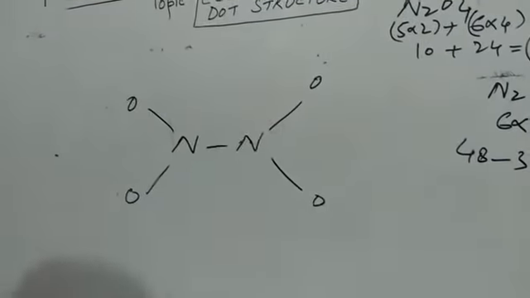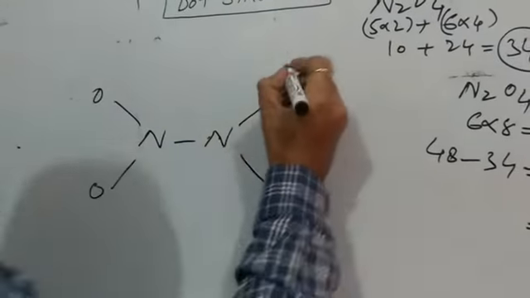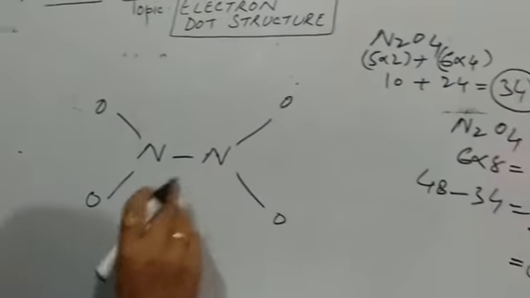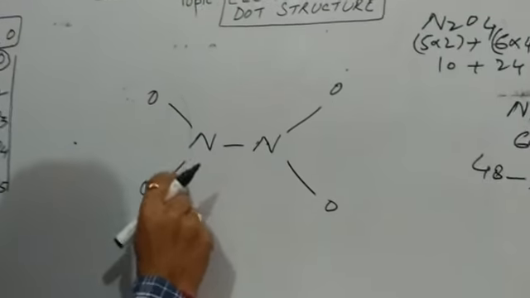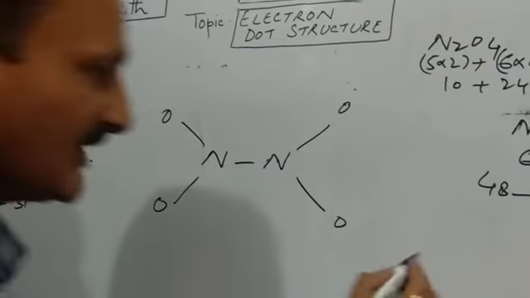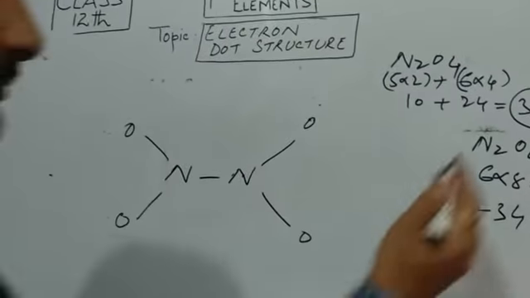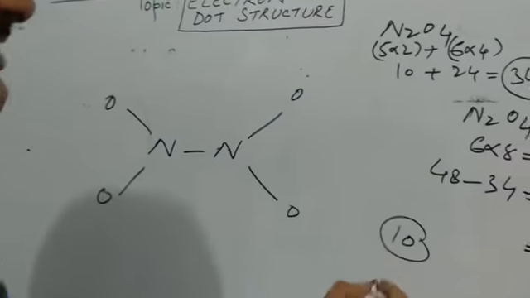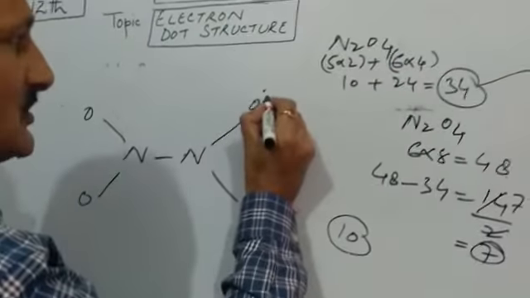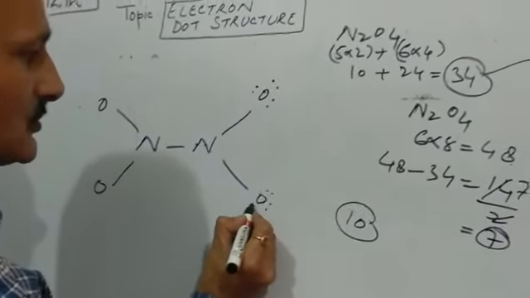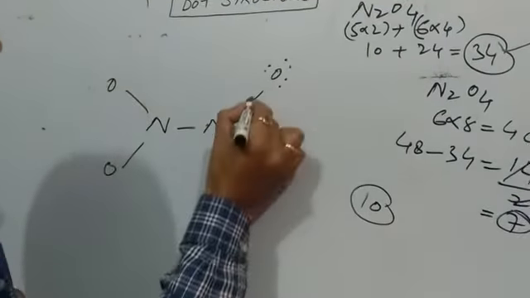So let us complete the octet of the terminal oxygen atoms. Now please remember that we have 34 electrons at our disposal. This time how many electrons have been consumed? 1, 2, 3, 4, 5. 5 twos are 10. 10 have already been consumed in these 5 single bonds. Now we have 24 electrons at our disposal. So we have to consume those 24 to complete the octet of all these atoms. So first coming to this, 2, 2, 2, 2, 2, 2, 6 and these 2, 6 and these 2.